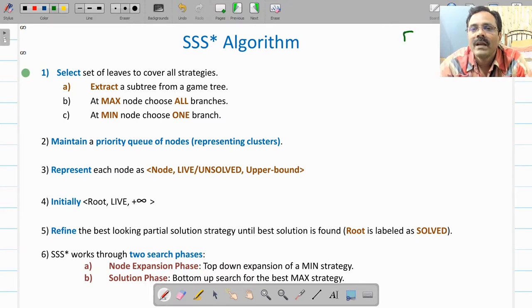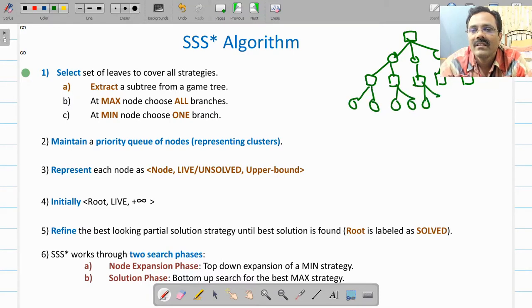We have max at the root, then min, then again max, then min, suppose again max, and then the final or terminal nodes. In this way.